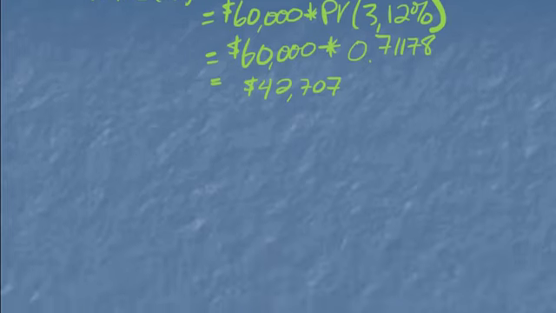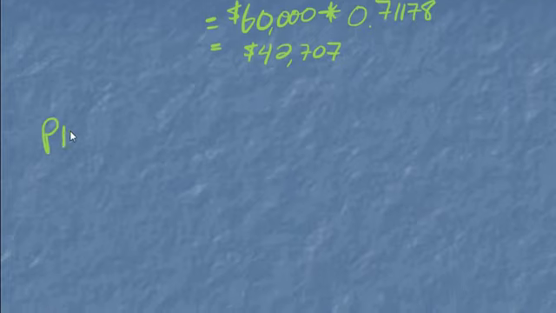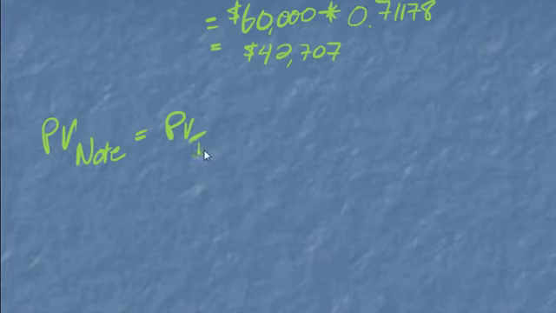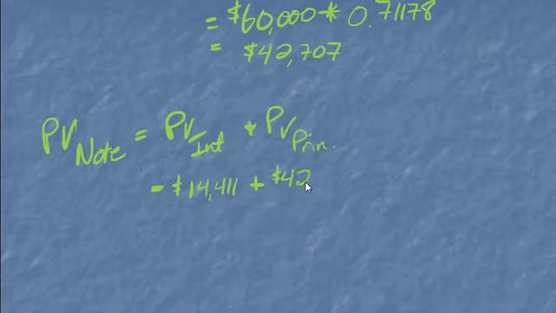So now that we've got these two values, the present value of my note, the whole thing, will be the present value of the interest plus the present value of the principal. So the interest was 14,411. The principal is 42,707. So overall, this is worth $57,118